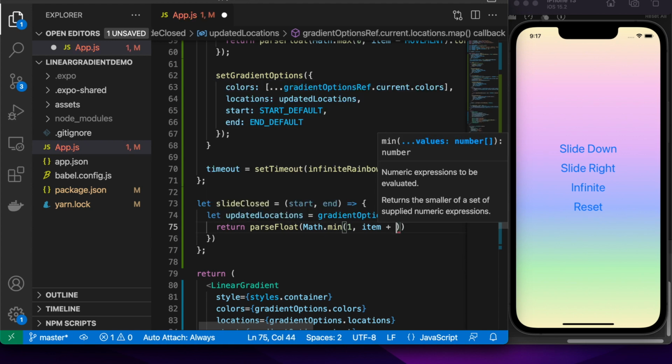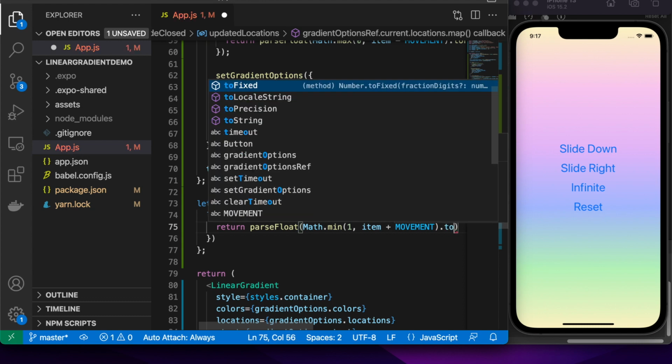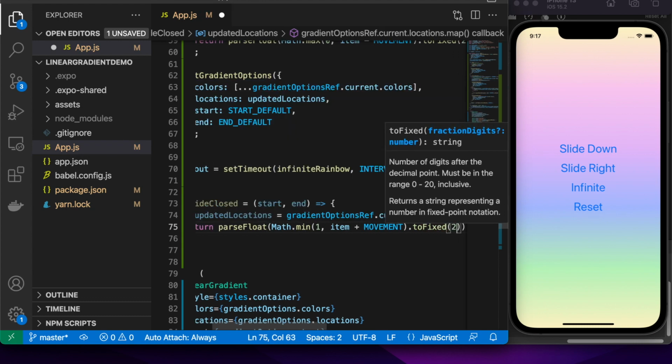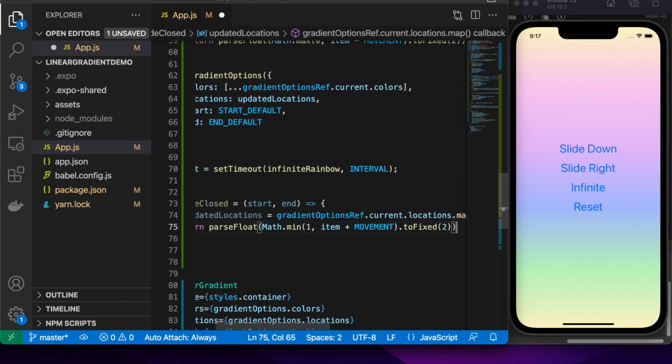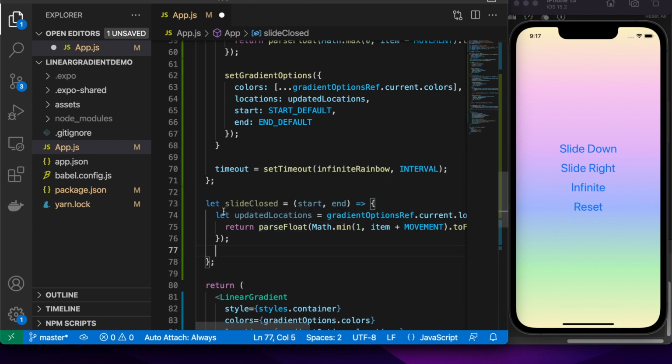The reason I have to do this math.min and can't just let it go above 1 or below 0 is that it causes issues because the locations array limits you to between 0 and 1. Otherwise I wouldn't really need it if it let you go to different values.